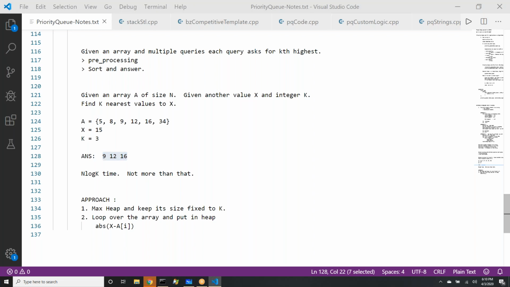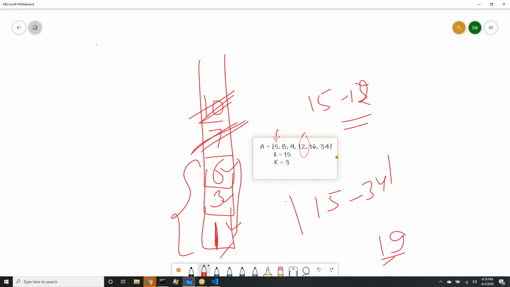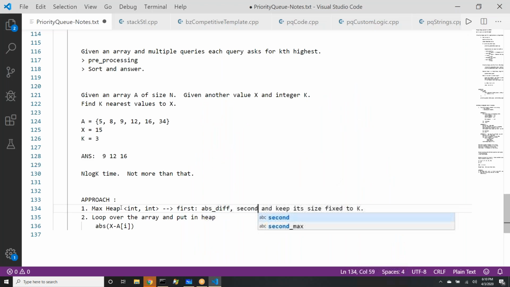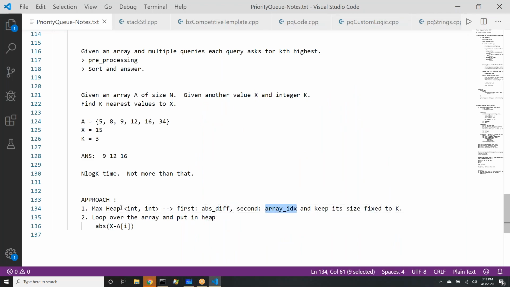Awesome, RK. So what we should do in the heap, when you had put 1, is put a pair now. In the pair, what will you put? Along with 1, whoever gave the difference of 1, that value will be there, 16. So this is the heap you are going to use. You will use a heap of pair, the first signifying the absolute difference, and the second the array value.